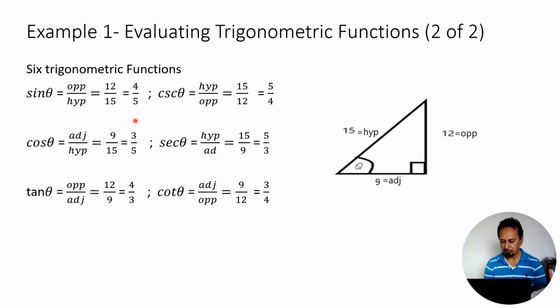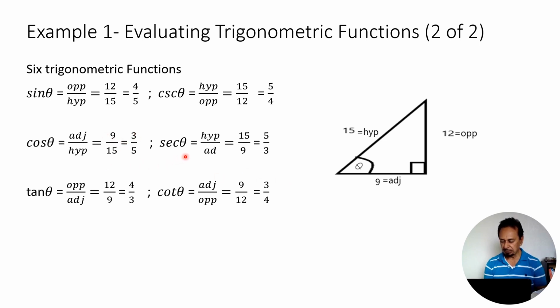So sine theta is 4/5. Next is cosecant theta, hypotenuse over opposite, 15 over 12, which we can reduce to 5/4. Next is cosine theta, which is adjacent over hypotenuse, 9 over 15, and we reduce to